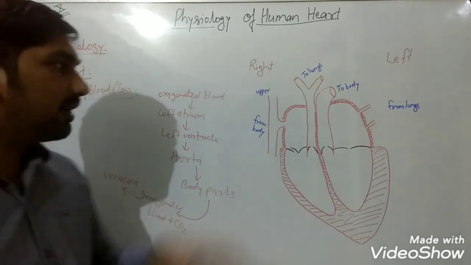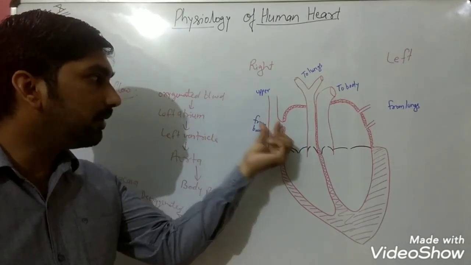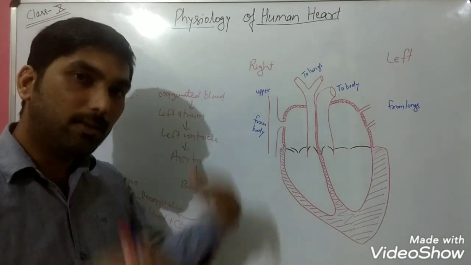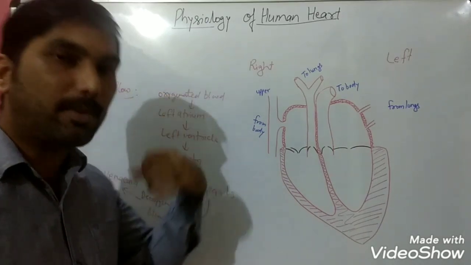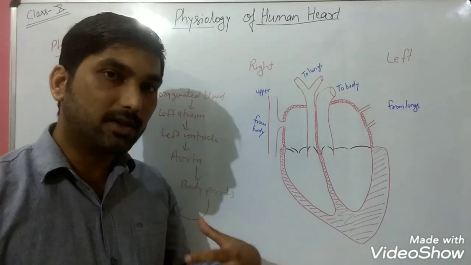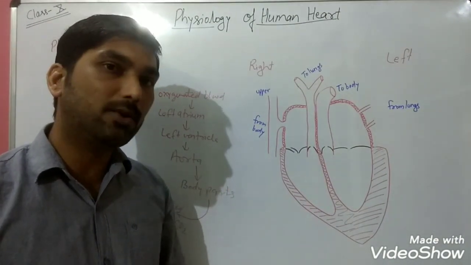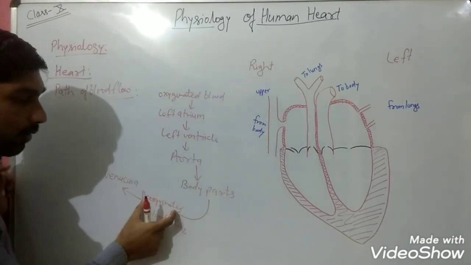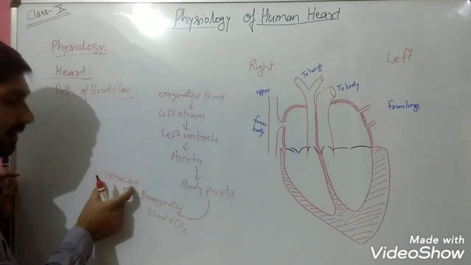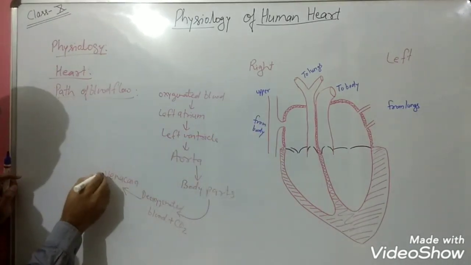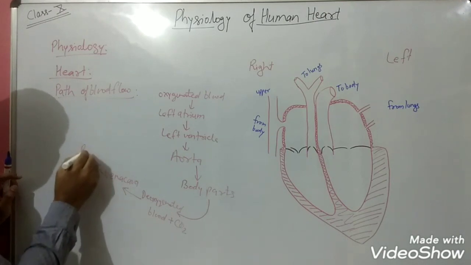So you are still remembering, what is this? Vena cava: superior vena cava and inferior vena cava. The superior vena cava is bringing the blood from the upper part of the body to the right atrium, and the inferior vena cava is bringing the blood from the lower part of the body into the right atrium. Now this deoxygenated blood reaches the vena cava, and from the vena cava it will move into the right